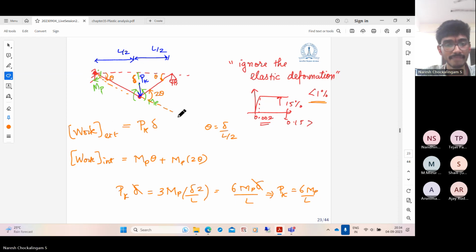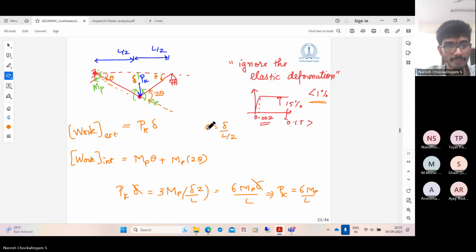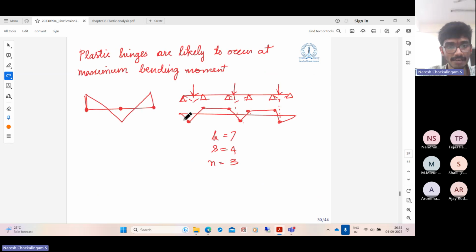It will be solvable. Sir, how is the direction of MP assumed at both plastic hinges? Yes, I'll come to that. So how do we assume the direction of plastic hinge, right? So in this case, in a prop cantilever,